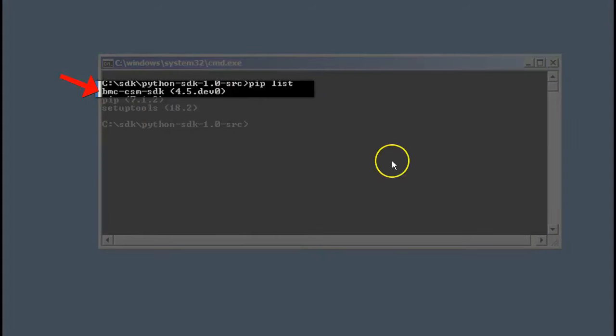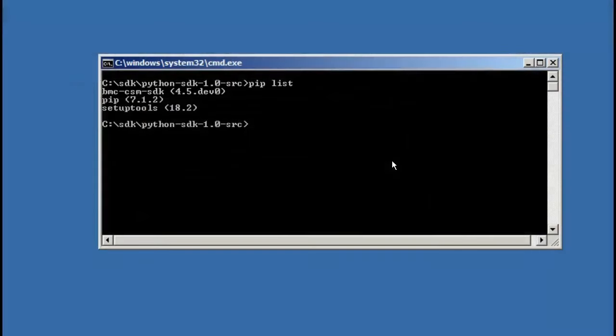That looks good. But this is not it. We still need to run one more basic command from CLM SDK so that it creates the csmconfig.ini file in the user home directory. Let's go ahead and run a basic command trying to log into the CLM setup. Let's look at the first basic command in SDK. CLM login. I'm going to give the URL of the Platform Manager host, which would be